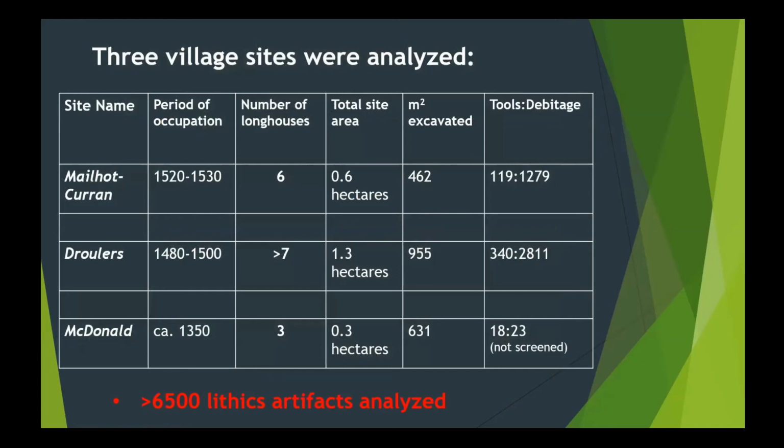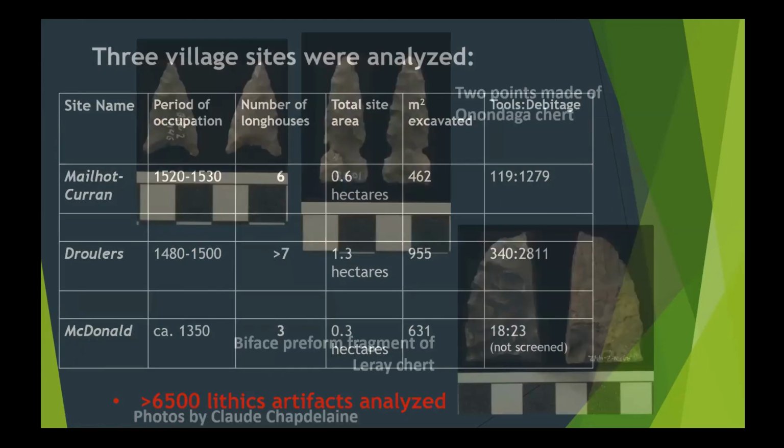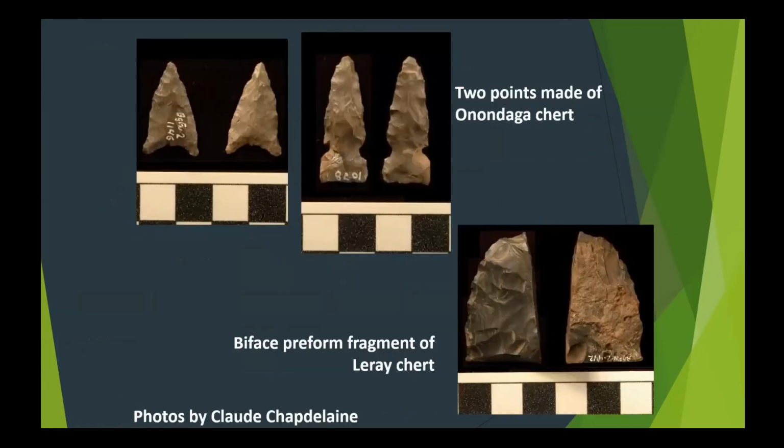Let me just start by saying that analyzing lithics from St. Lawrence Iroquoian sites is kind of a thankless task. It's not the pretty objects that you see for the Archaic and for the Paleo-Indian, but nonetheless, I did it with some trepidation, but I learned a lot from it. And what's the first thing you notice is that there's very few finished tools, very few finished formal tools on these